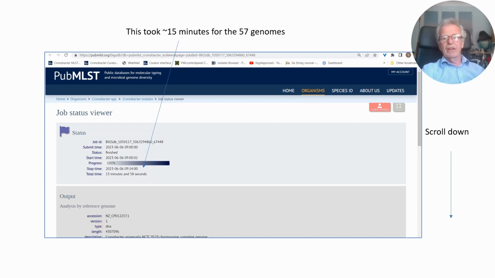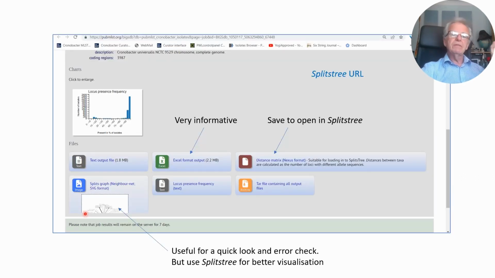Where you get the output just like this, screen grab of what you get. You then just scroll down and you get these options of various files. The Excel output is the one you absolutely want. There is a graph here. You can click on this figure, we'll see it at the moment. It's great as a quick look, just to make sure that you haven't made any mistakes, which I'm prone to do, I know. So I use this as a quick error check,